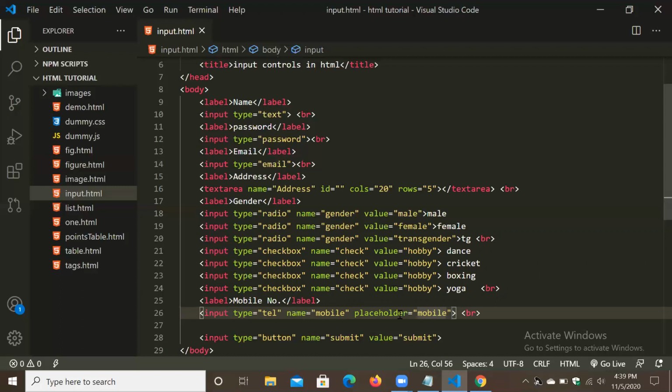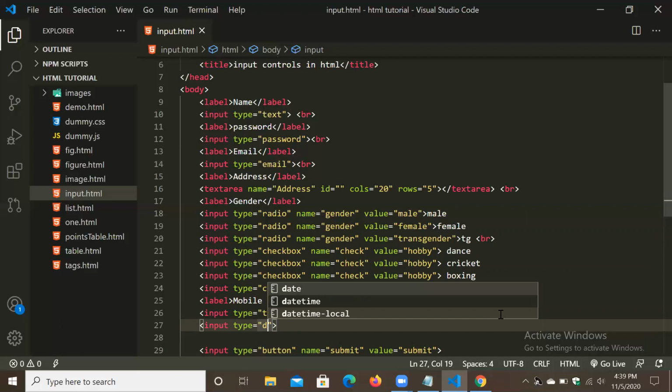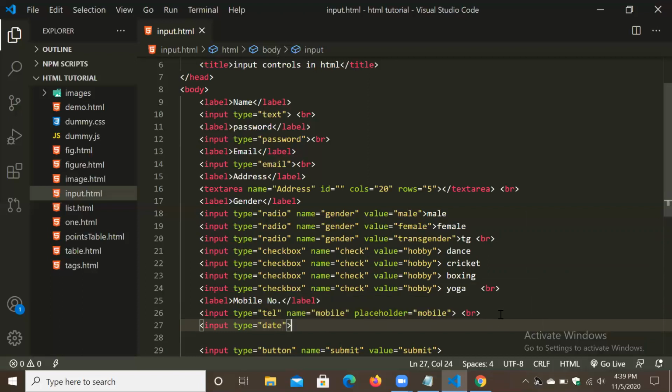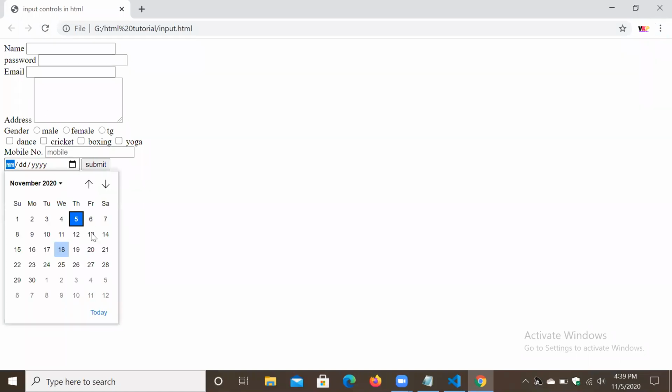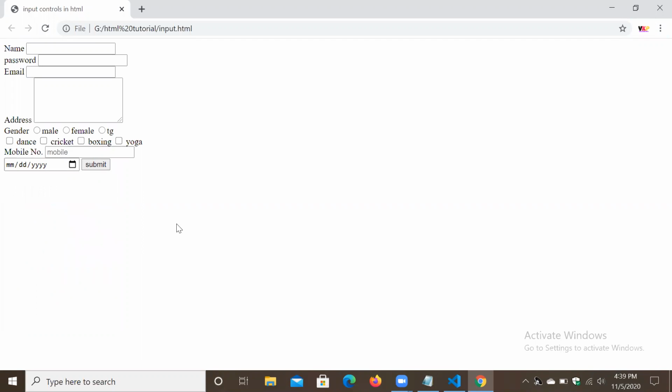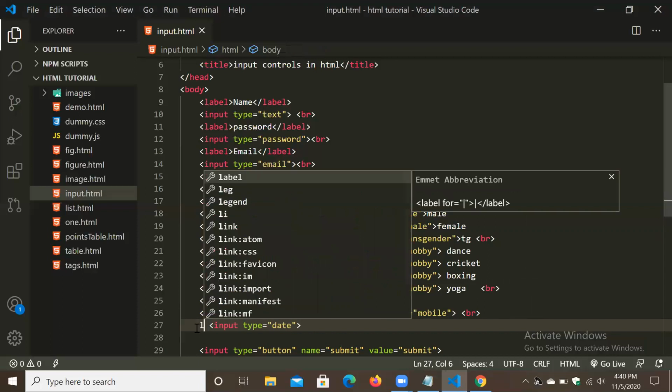Okay, so next thing we can add, the input type is equal to date. So refresh. So the calendar came. One thing we can do with this, first we can use one label here.